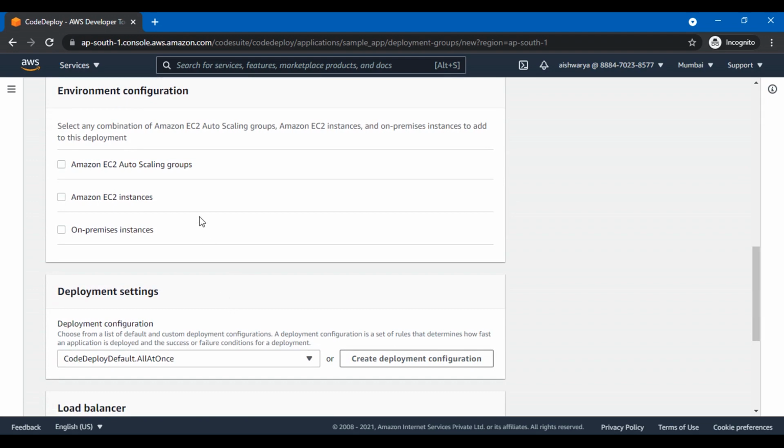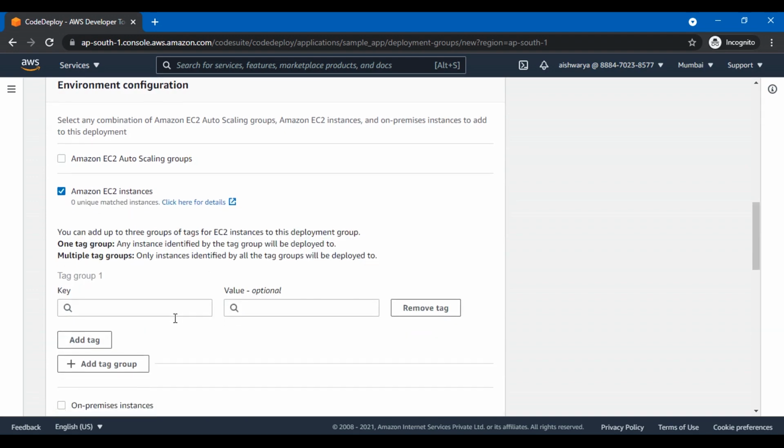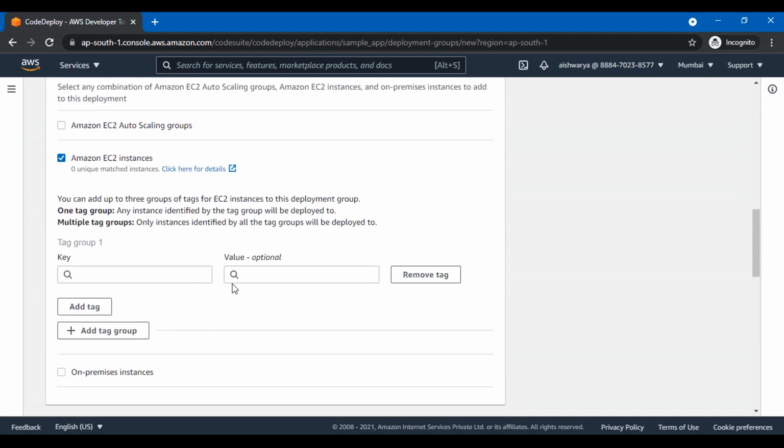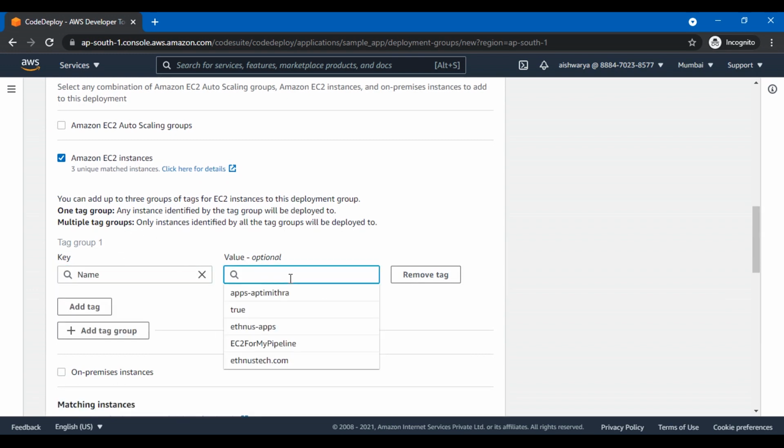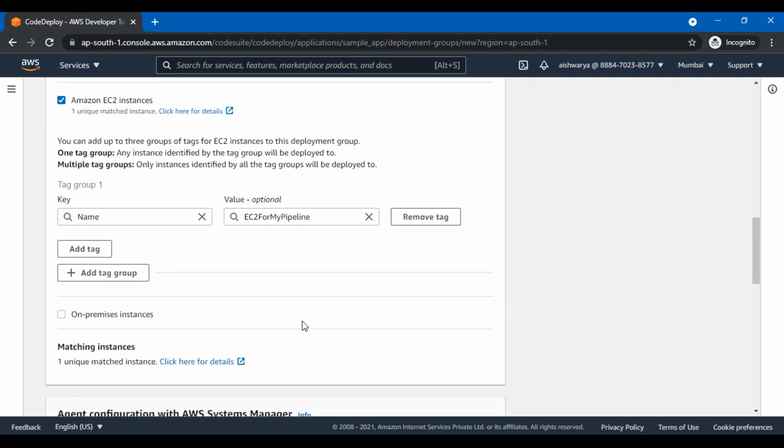Then in the environment configuration we will select EC2 instances. If you remember, we gave it a tag. This was the reason that I gave it a tag, because I have to search for it here with the tag itself, name, and the value for this tag was EC2 for my pipeline.